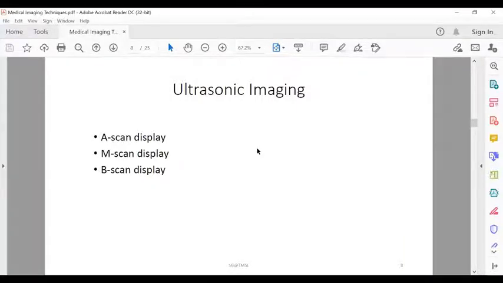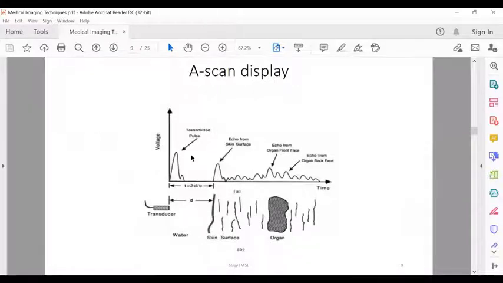Imaging systems are comprised of the pulse ultrasound or pulse Doppler mode technique. The received information is first amplified and then displayed in one of several display modes which are available: A scan display, M scan display, or B scan display. Okay, three modes are available. Now in A scan display, the transmitted pulses trigger the sweep